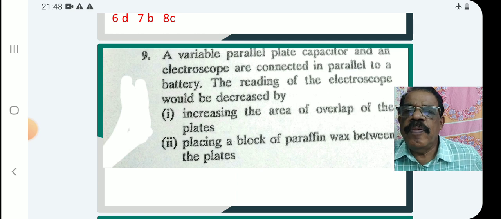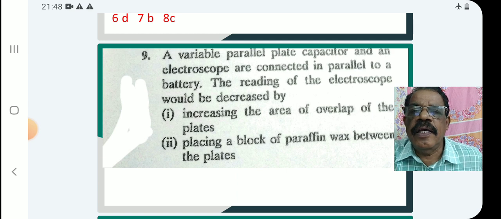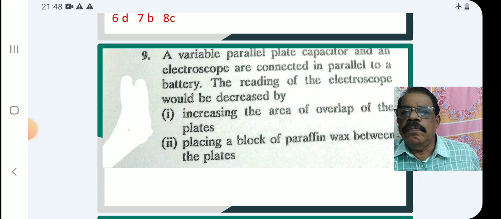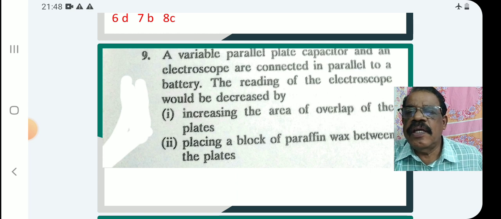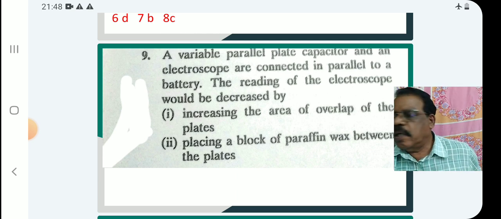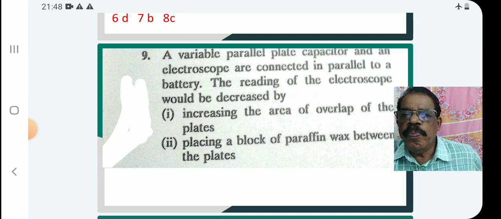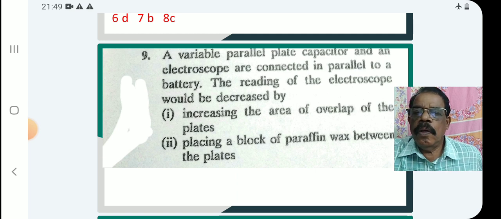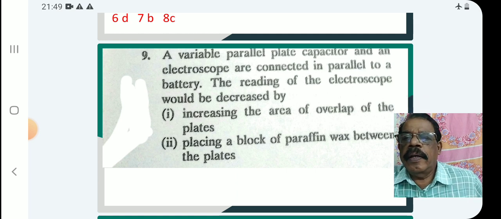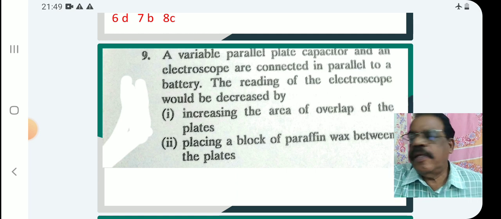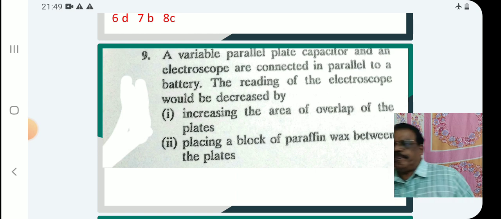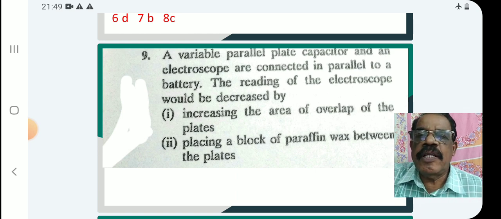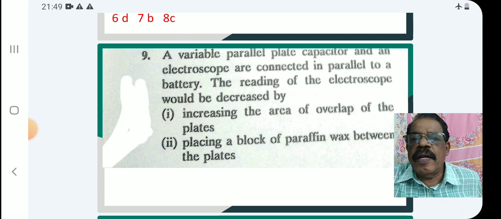Question number 9. A variable parallel plate capacitor and an electroscope are connected in parallel to a battery. You look here, a variable parallel plate capacitor and an electroscope are connected in parallel to a battery. The reading of the electroscope would be decreased by,